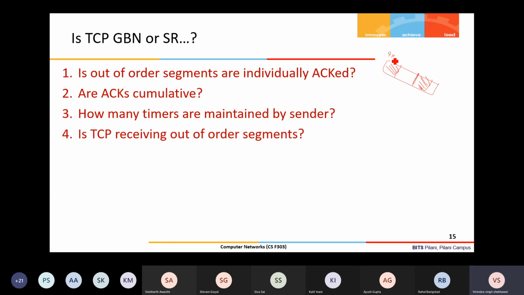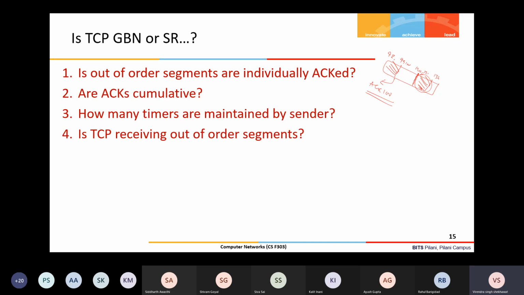Suppose bytes 92 to 99 are received, 100 to 119 are not received, and 120 to 134 is received. In this case, it will send ACK 100. This indicates this is the next in order byte I am expecting. So out of order packets are stored, but individual acknowledgement is not sent.